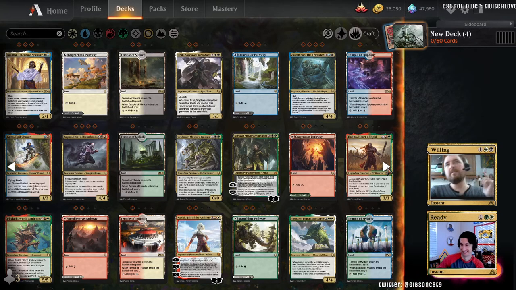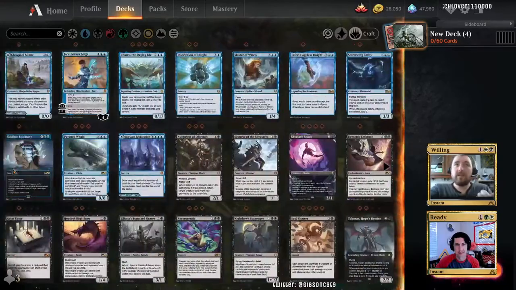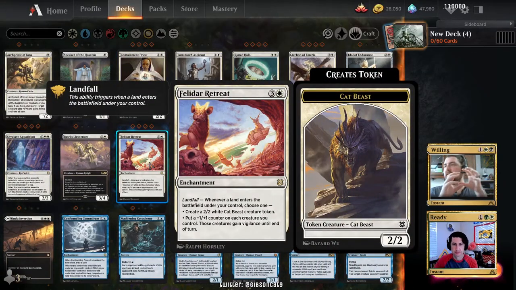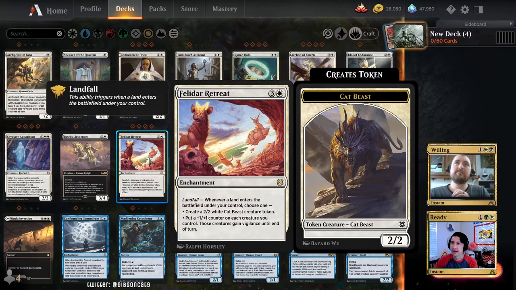I thought that with landfall, you would want to be running, for example, four Felidar Retreats. Whereas if you've only got one, that's one out of 60, it's not as powerful. Whereas with the party mechanic, if you put in 20 creatures, you can still have five of each of the parties. That's a good point. That is a good point. I do think, for this kind of a challenge,